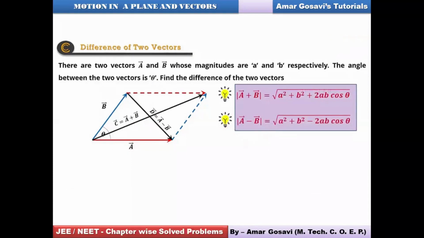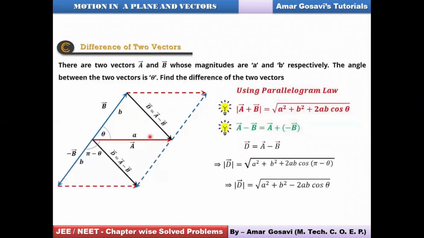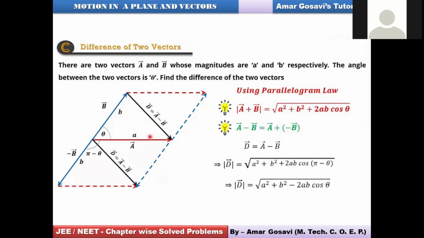So from this, you can see, if you want A bar plus B bar, this should be the diagonal starting from the common point, moving in this direction. If you want A bar minus B bar, then graphically, this is the diagonal which is to be taken in opposite order. Hopefully you understood how to work out the difference. I will show you the previous slide once again. You can make a note of this, and then I will show you the next slide before we move ahead towards the problems related to the concepts we have studied today.